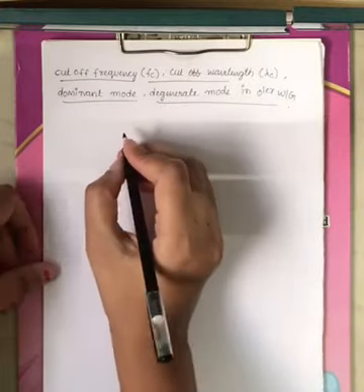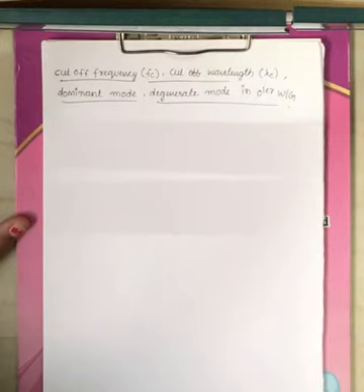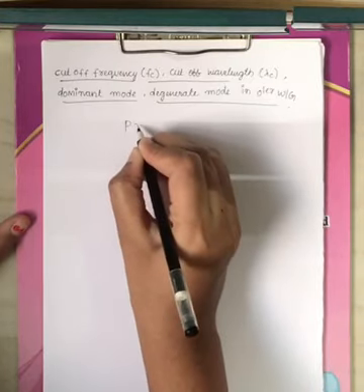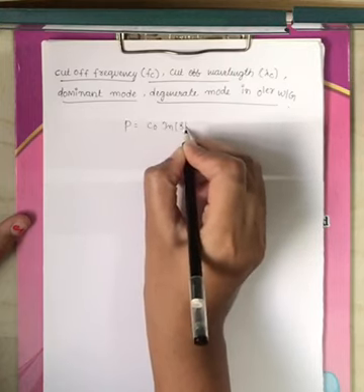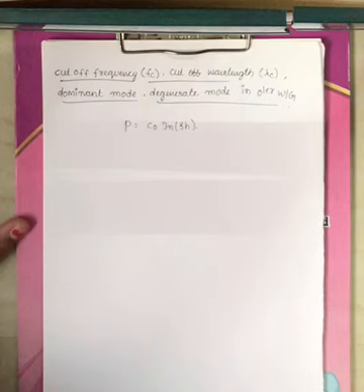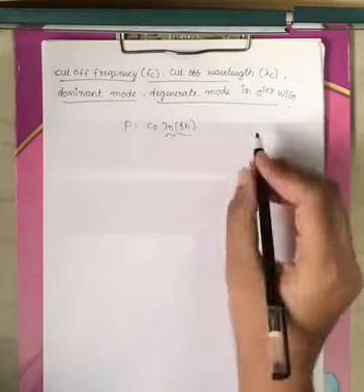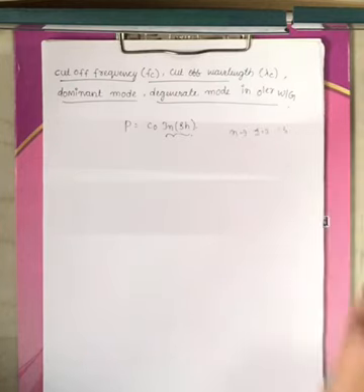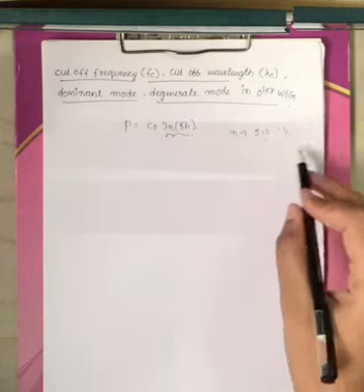In the previous lecture, under the TE mode and TM mode of propagation, we converted the wave equation into an nth order Bessel function. The solution of that nth order Bessel function is P equals C naught into Jn of rho h. This is the solution of the nth order Bessel function, where Jn is the Bessel function, and n varies as 1, 2, 3, and so on. N may also take negative values.